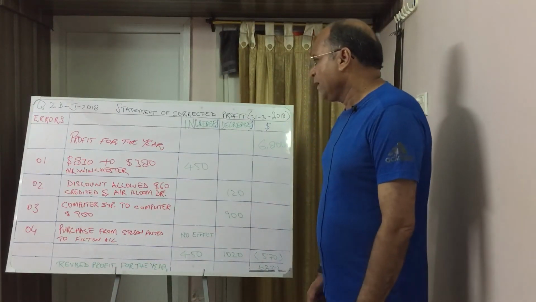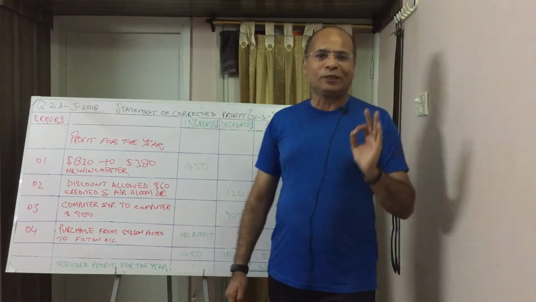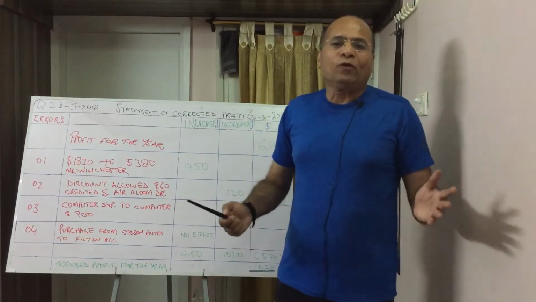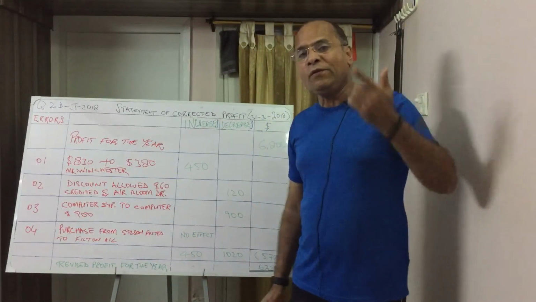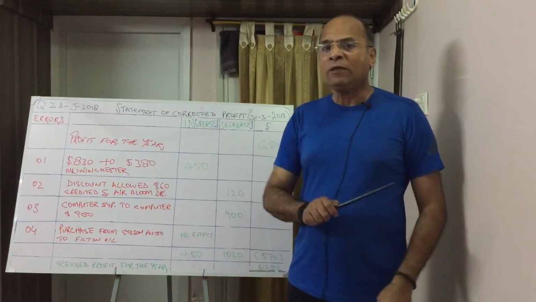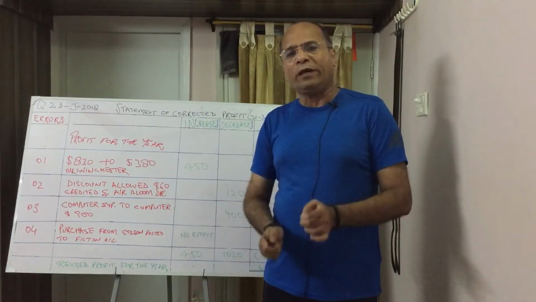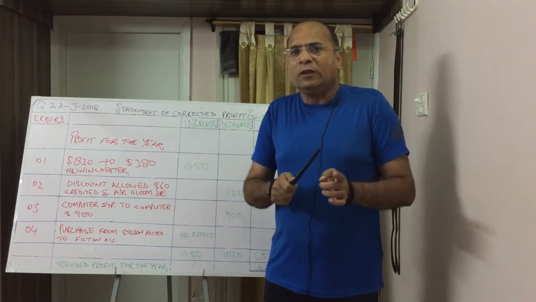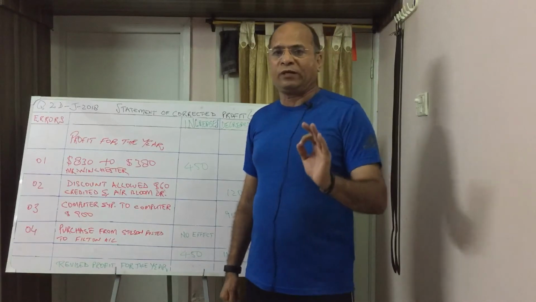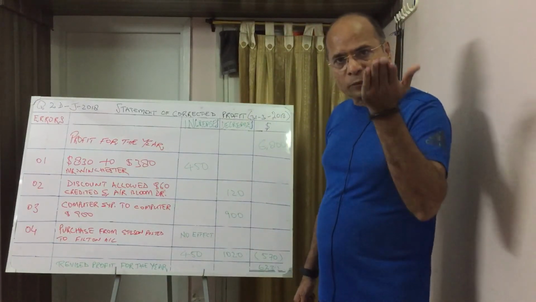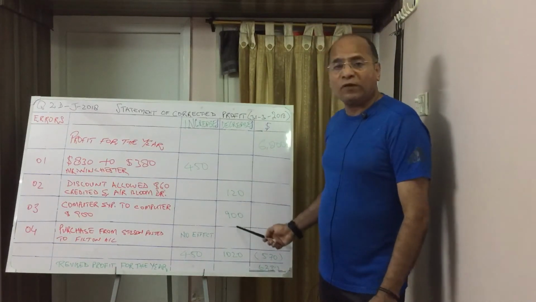Transaction number 3. This is basically an error of principle. Under error of principle, what mistake did we make here? We were supposed to record a revenue expenditure, computer expense. In place of that, we have recorded computer. Computer is a fixed asset. So in place of recording current expenses, revenue expenditure, we recorded capital expenditure. So now at the time of correction, we are supposed to increase the expense. You can see we are increasing the expense by 900. Due to this, profit is going down.